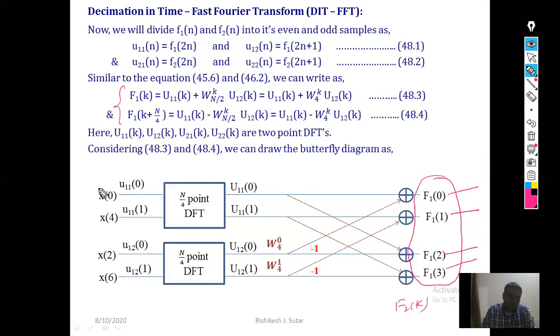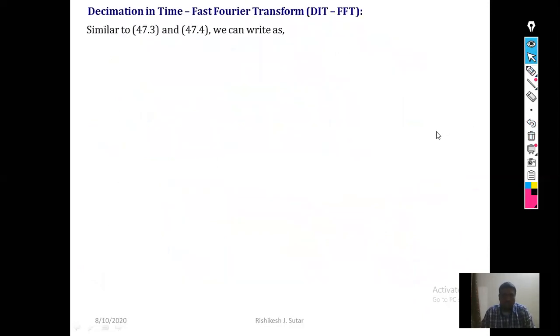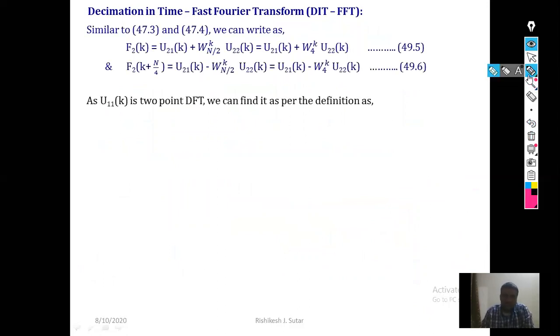Because it would be the odd part, here it would be x of 1, then x of 5, x of 3, and x of 7. So that we can do as another part. Let us go further now. I have just written the expressions here for f2 of k and f2 of k plus n by 2. In a similar way we can do the butterfly diagram for f2 of k and f2 of k plus n by 4. Now what we know is that u11 of k are the 2 point DFT,